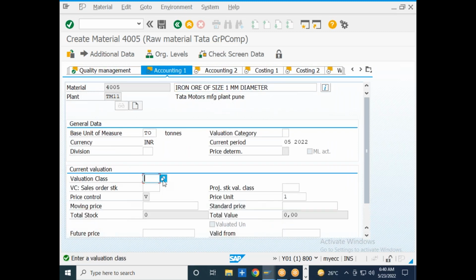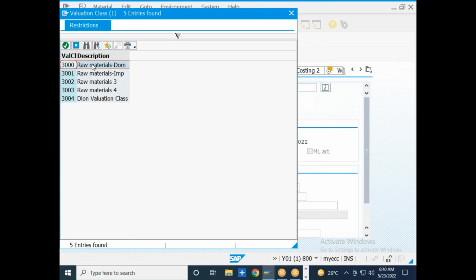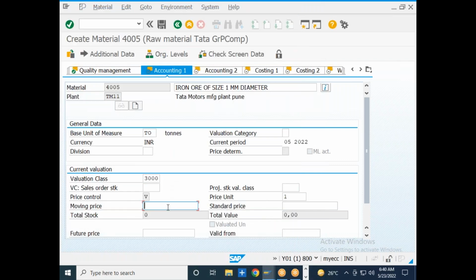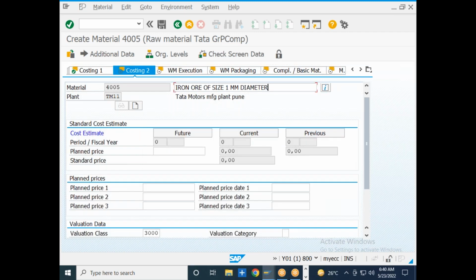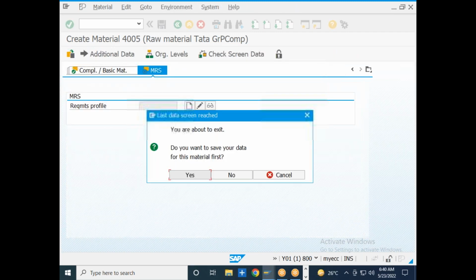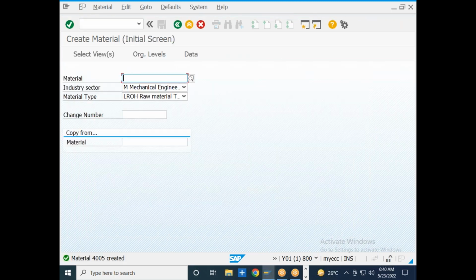So let me now go to the valuation class and moving average price. Let me now save this. So the material is 4005,